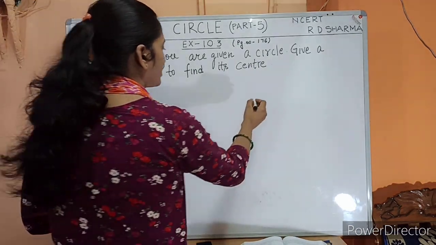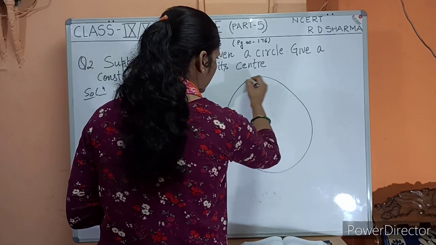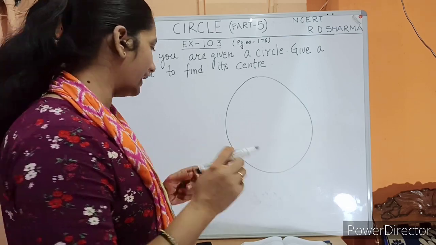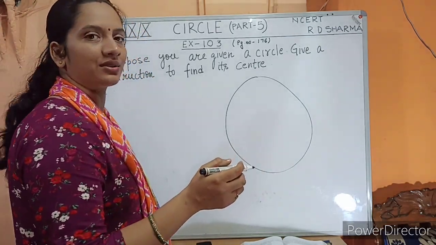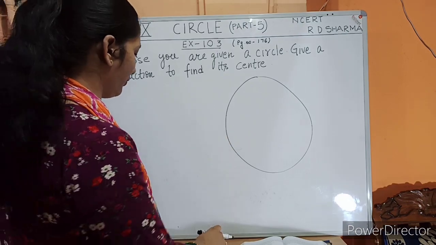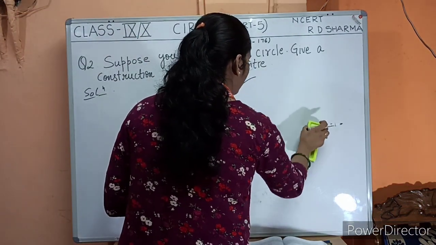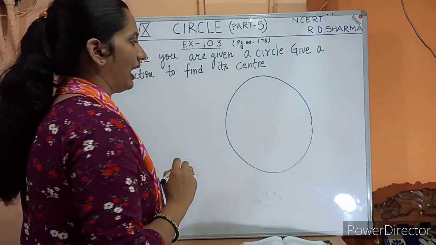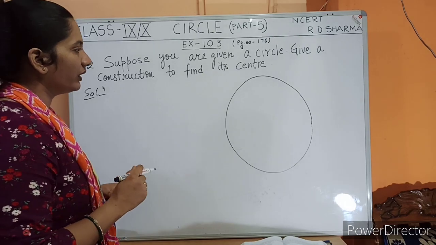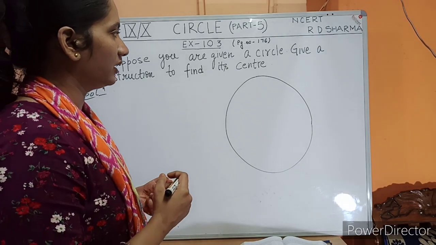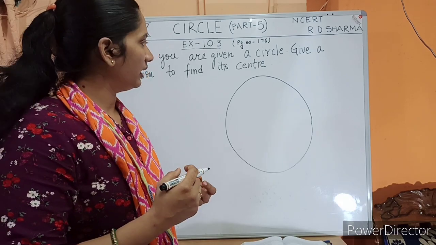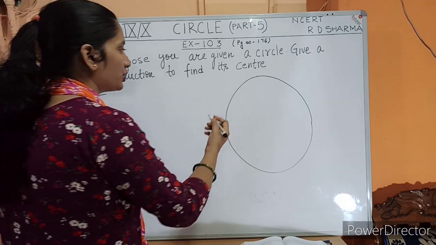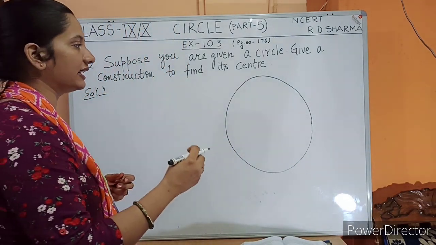See, roughly we will draw a circle. This circle you are not supposed to draw with the compass. You will draw it with the help of a bangle or something else, right? But you will not draw it with the help of a compass. It should be a perfect circle, but not drawn with a compass. Now, after this, what we will do? We need to find its center, right? So in this circle, you can see the center is missing. We need to mark the point where the center would be.